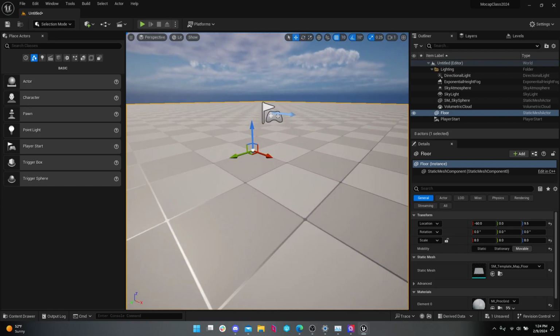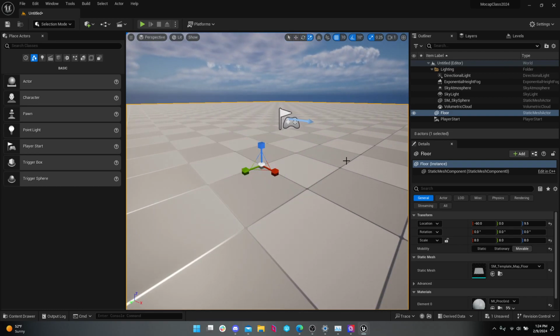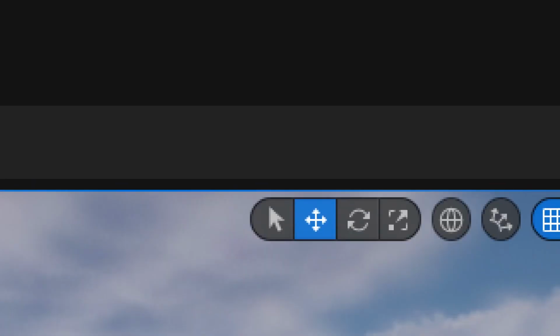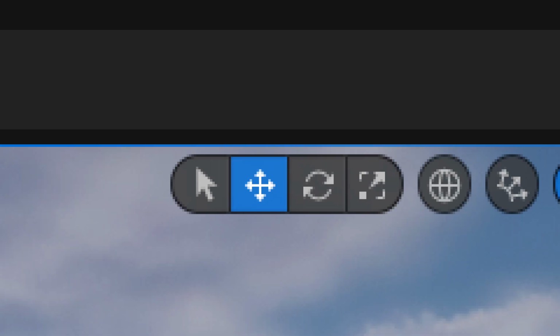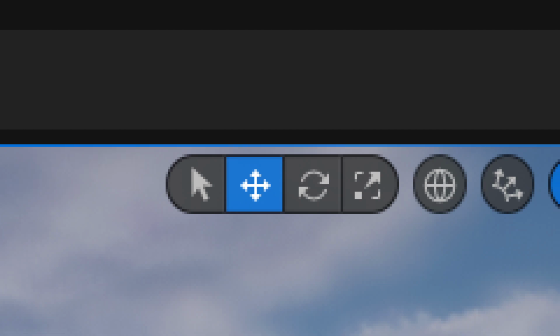How do I get rotation and scale? Spacebar on your keyboard cycles through. It's where everybody's tap your keyboard. It cycles through the little gizmo, the transformation gizmo: rotation, translation, and scale. You can also use the option up here, next to that arrow icon. You can click on those buttons up there to do the same thing.